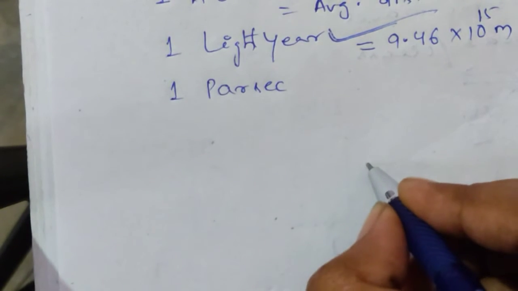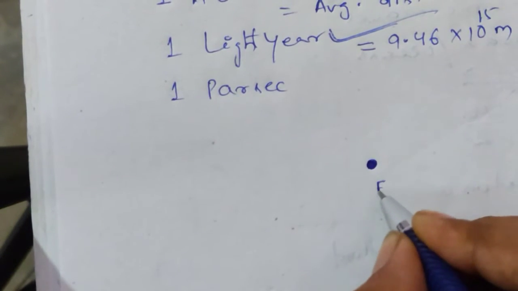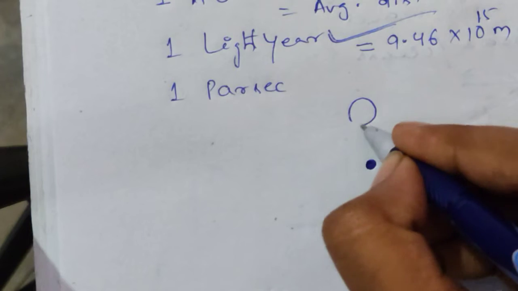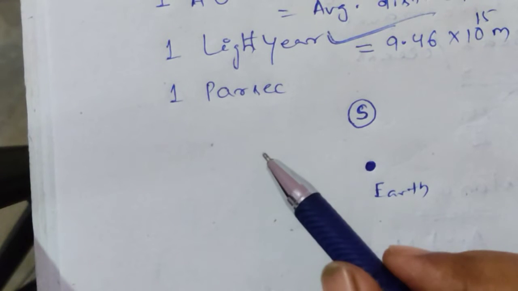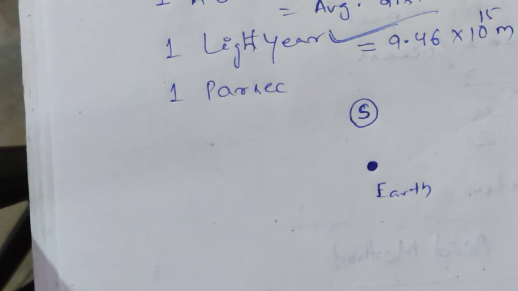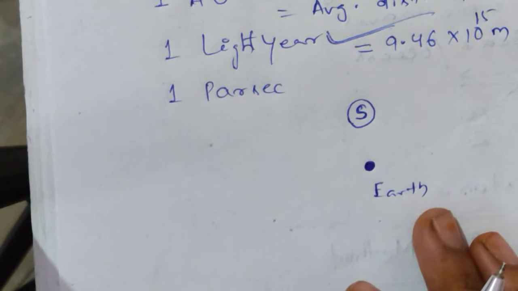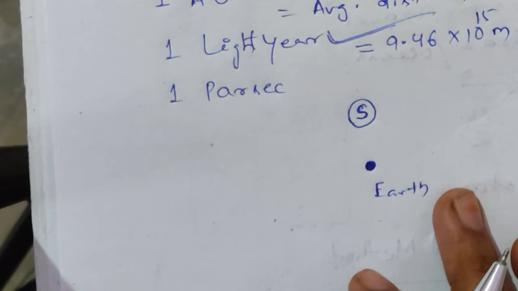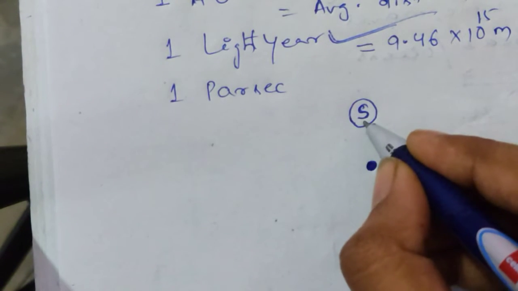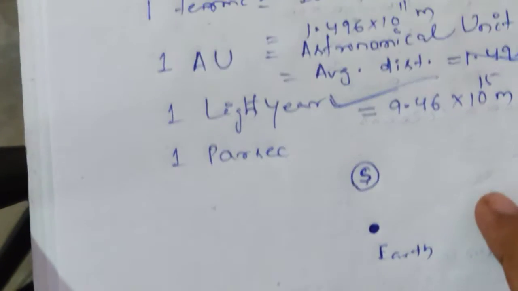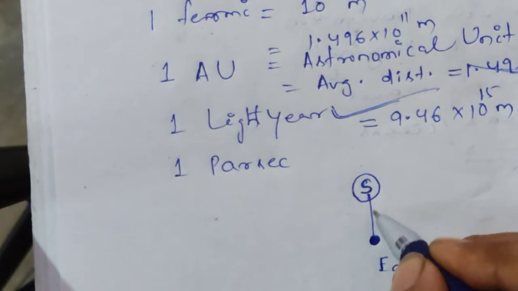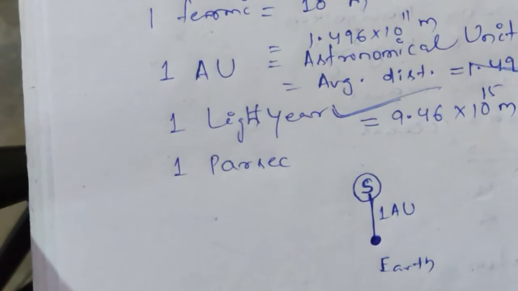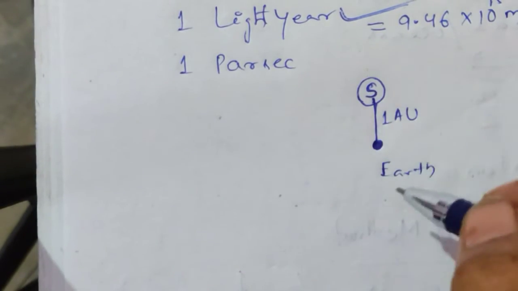Suppose this is the surface of Earth we are having. Now here is the Sun. So what a parsec, let me tell you that parsec is the largest distance that can be measured. It is defined as the distance at which an arc of length 1 astronomical unit, and as I said, 1 astronomical unit is the average distance of Earth from Sun. So this distance will be 1 astronomical unit, and since they are moving in circular paths, we can take this as a small arc.